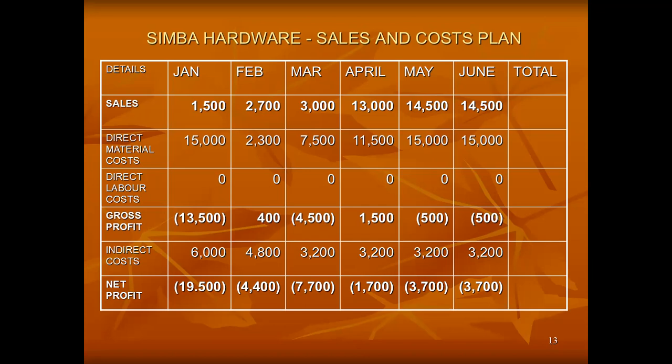Please look at the screen and take a quick look at the direct material costs. Direct material costs for the first month cost 15,000 naira, while the sales was just 1,500. If you look at direct labor costs from January to June, you will see that everything there is zero. That is because you don't need labor when you are dealing with sales. You may be the only person running the business at that time, and since you're not dealing with production,